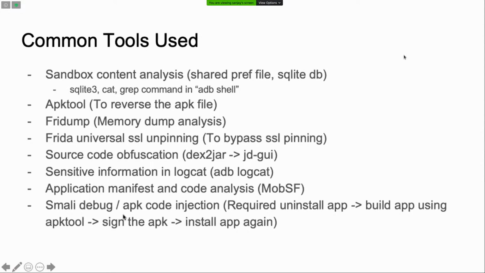And the last thing is Smali debugging and APK code injection. Sometimes some checks or security are maintained at the client end. In that case, we need to debug the Smali file, or hook the Smali code inside the APK, in order to bypass the client side checks.